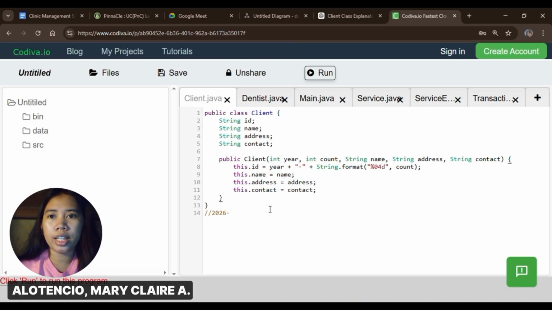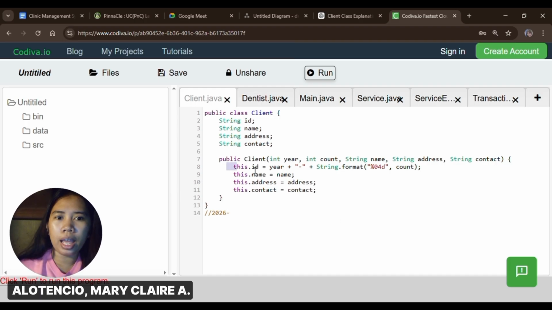This year is used to create the client ID, as well as the count. So how does the creation of the ID happen? Let's look at this line of code.